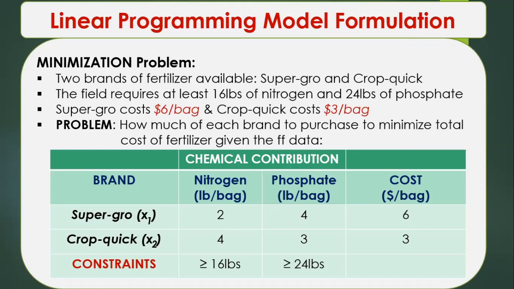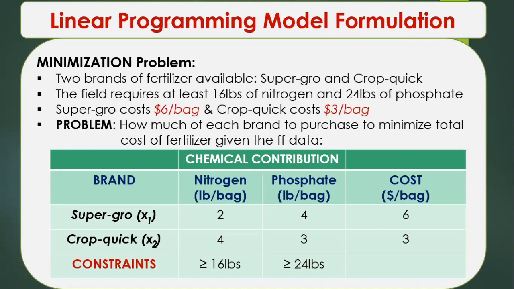And you have your cost, which is expressed in dollars per bag. Now for Super-gro, which is our x sub 1, or our first decision variable, we are going to need 2 pounds per bag of nitrogen and 4 pounds per bag of phosphate, and the cost would be $6